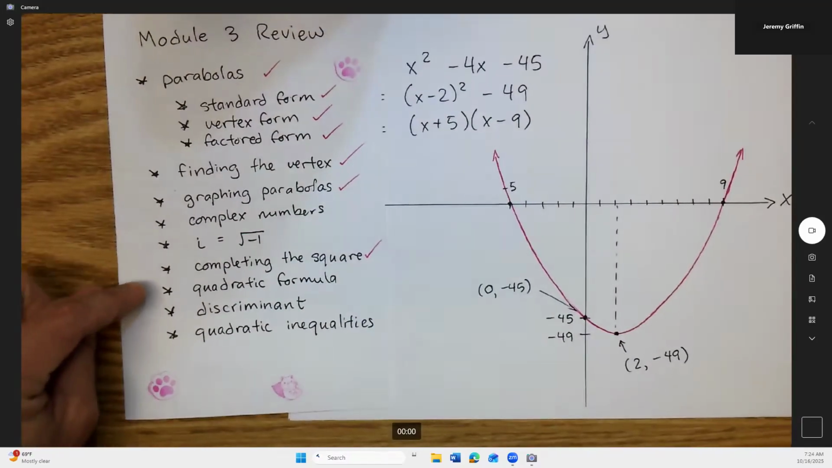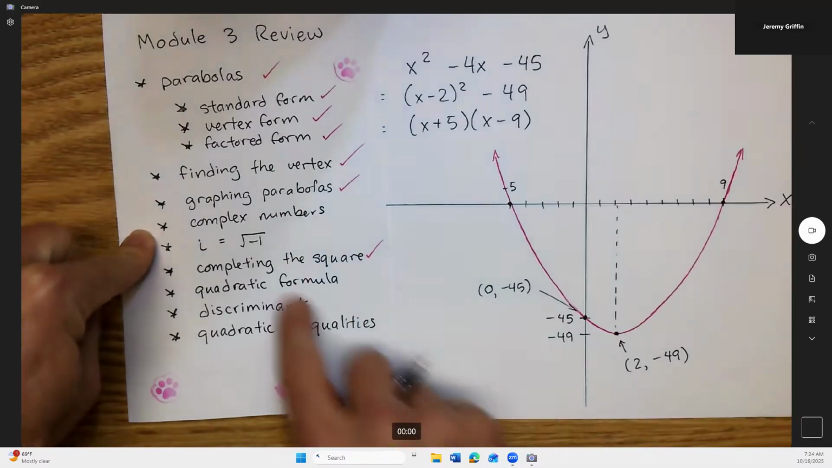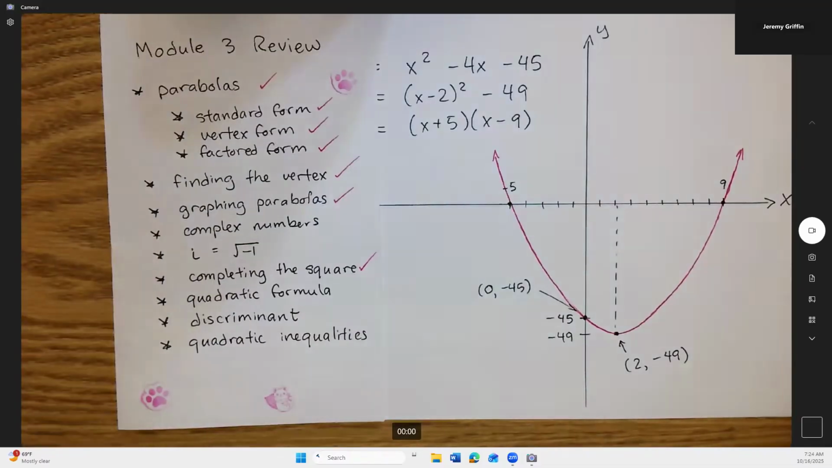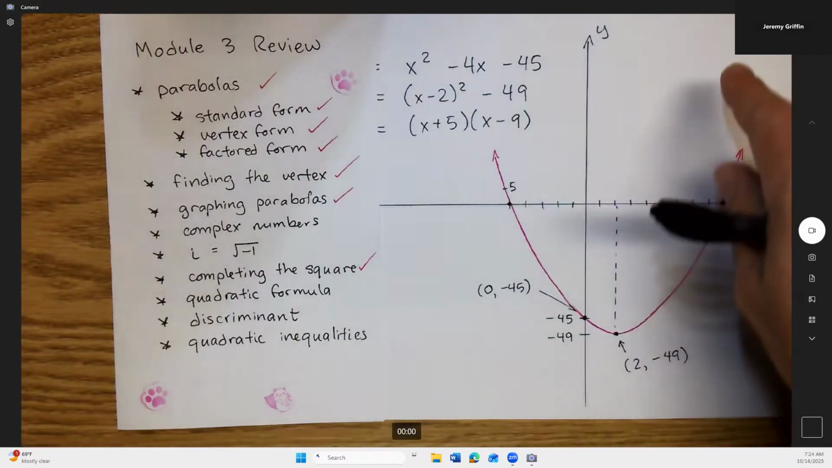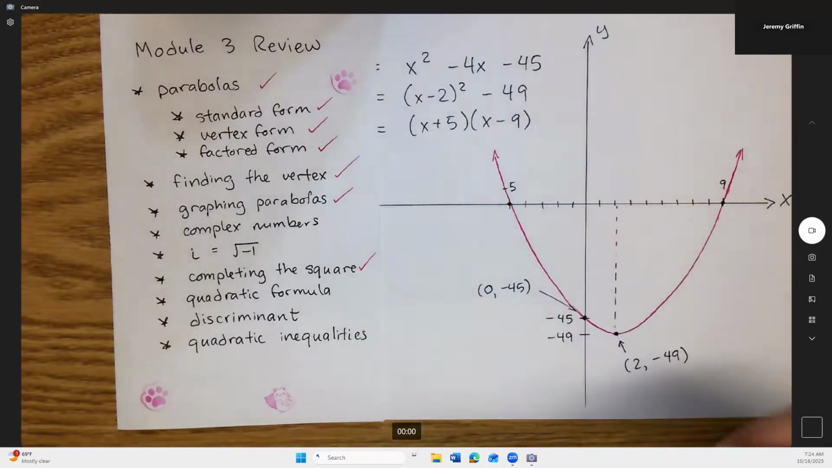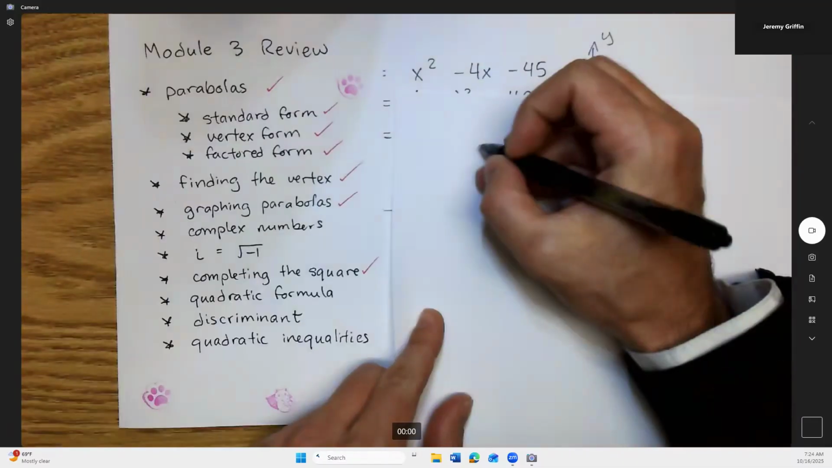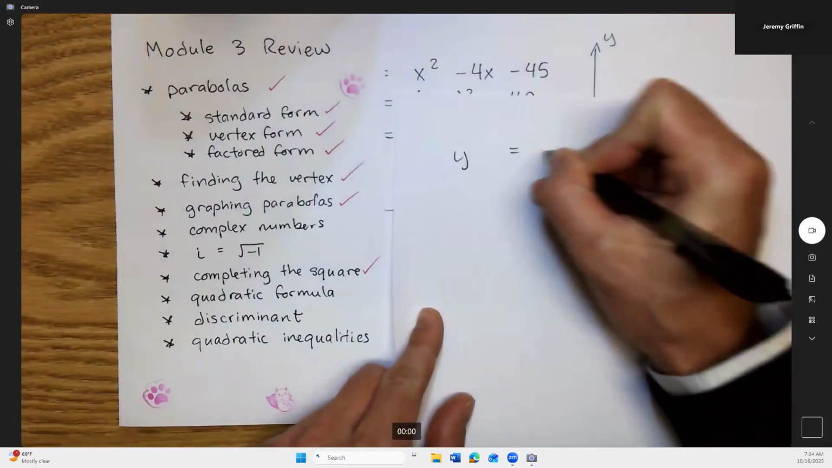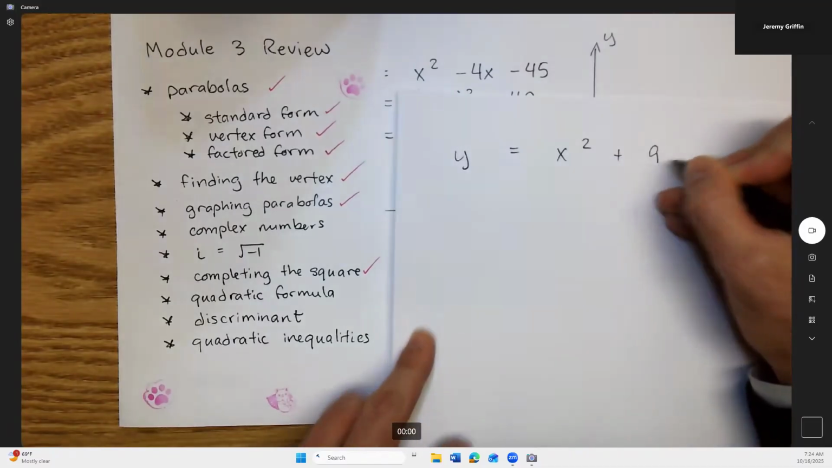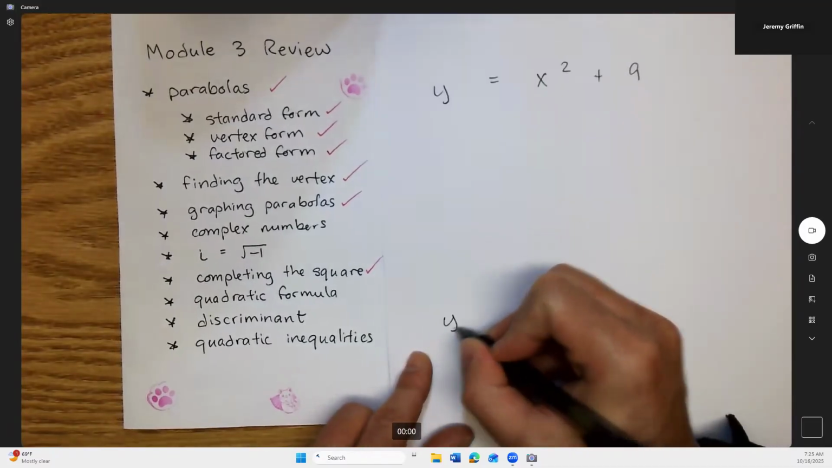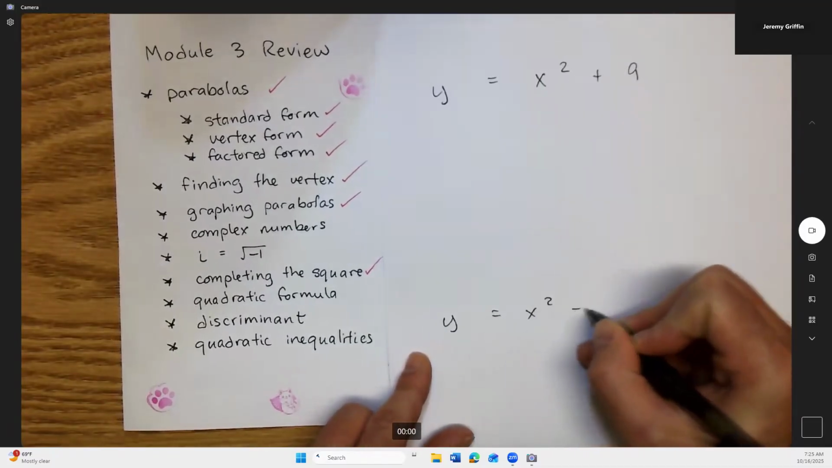Here, I'll go ahead and hit complex numbers and this imaginary number. So now this one I have to bring up a completely different example, because this usually involves parabolas that don't touch the x-axis at all. So I can come up with something. Let's go y equals x squared plus 9. Now I know if I had something completely different, y equals x squared minus 9,